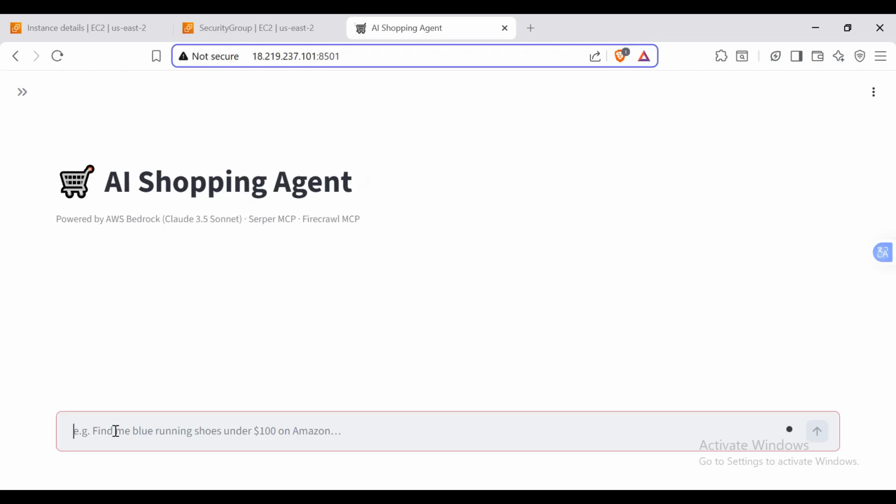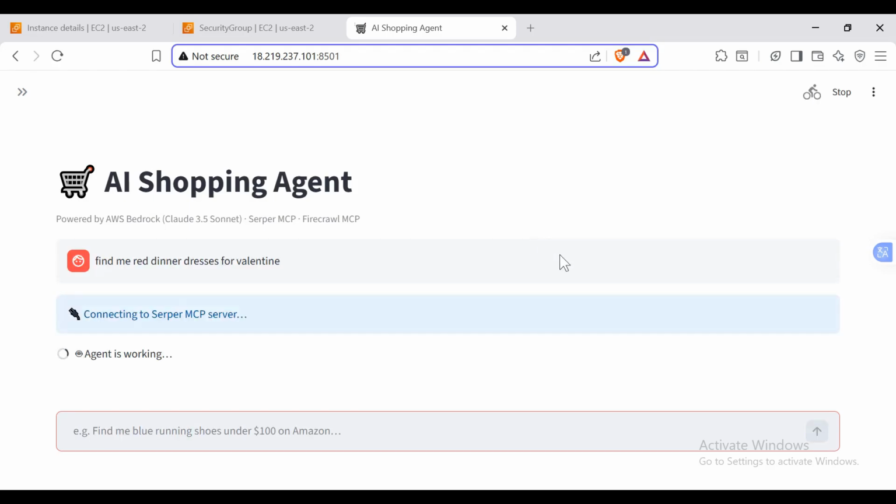So let's go for a simple query. Let's go for red dinner dresses for Valentine. It will take some time to complete, because like I said, it's a loop. It's just the agent communicating with itself and trying to get what we need, and trying to communicate with other tools on the internet as well. So it just loops within itself to see